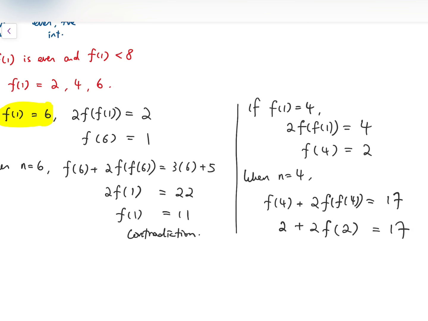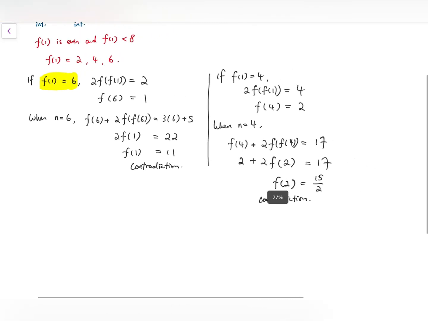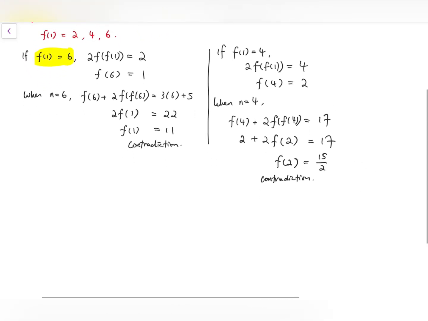But we notice that the left side is actually even because it's 2 plus 2 times some integer. So it must be an even number while the right hand side is odd. Or we can just solve for f of 2 and we have 15 over 2. But that's not possible because f is supposed to send a positive integer to another positive integer, and 15 over 2 is not a positive integer. So again, a contradiction. Now from this we know that we only have one more case to go,